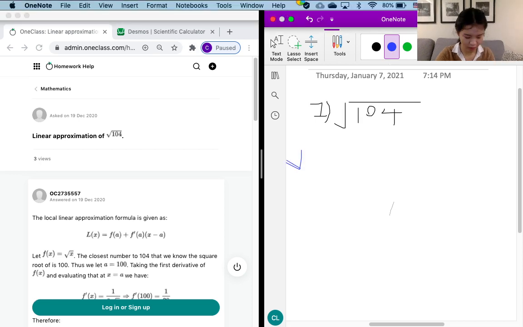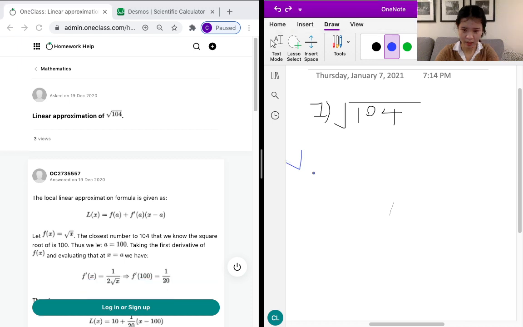L of x equals f of a. In this case, our f of a would be,